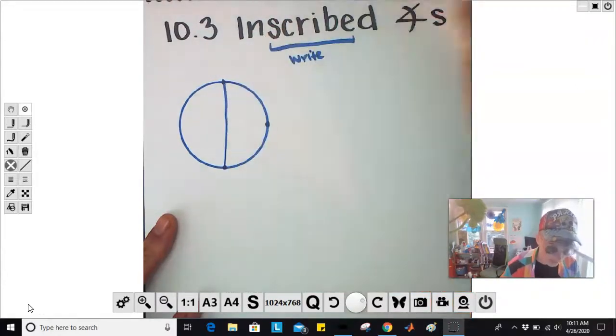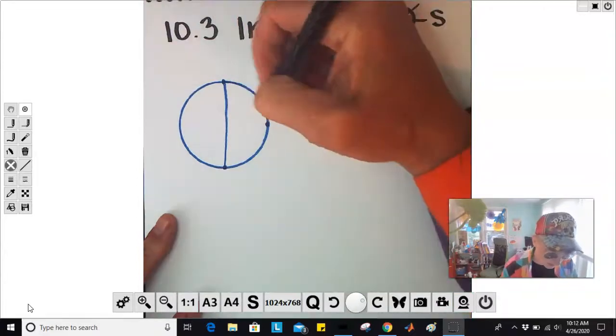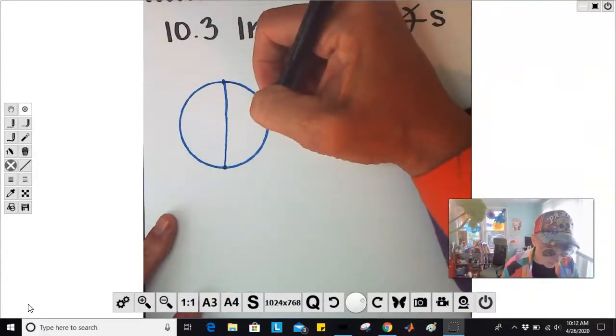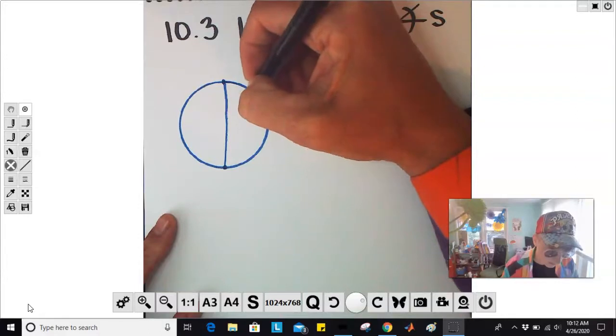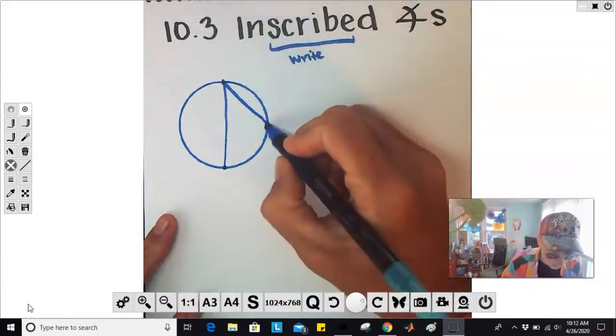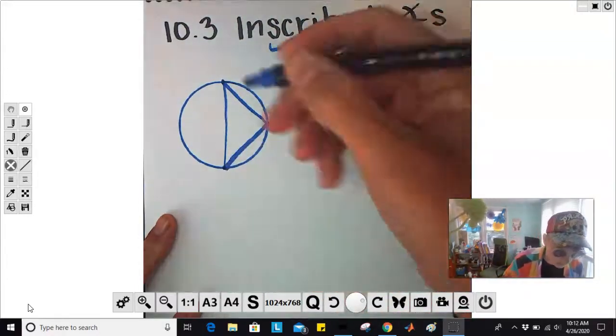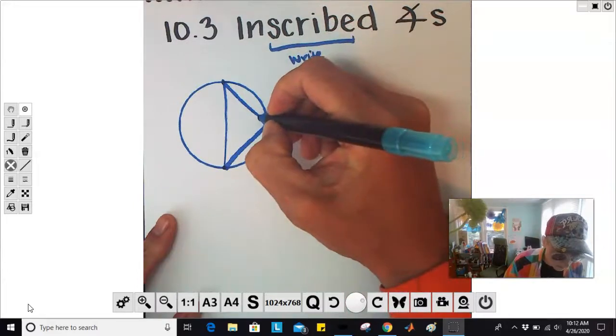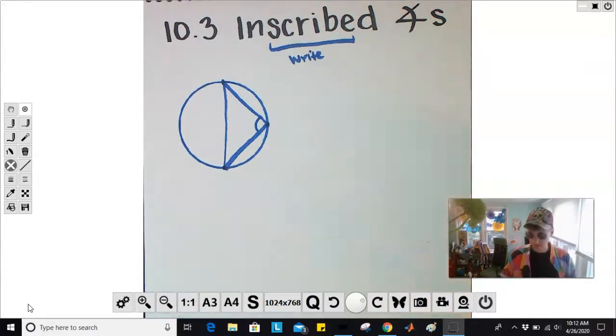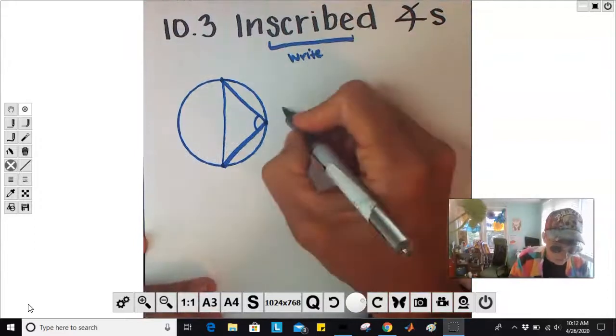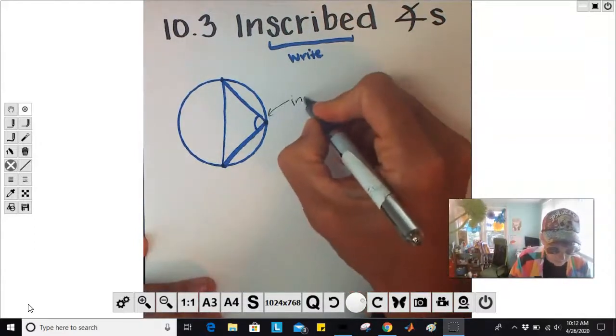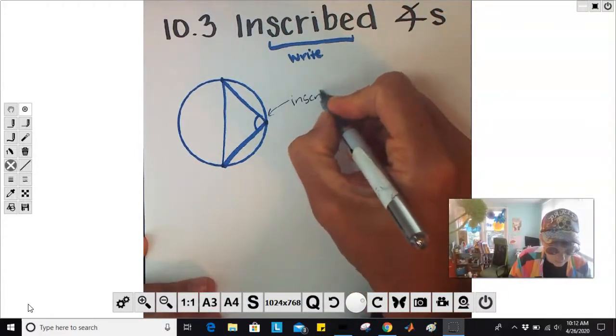And then the angle that's inscribed is going to be from a point on the circle itself. So right here, that is our inscribed angle. Inscribed